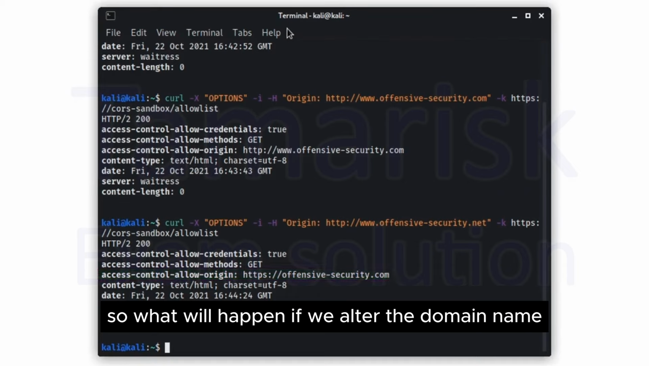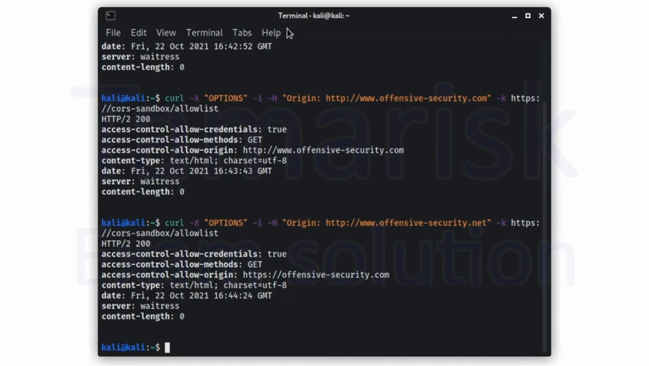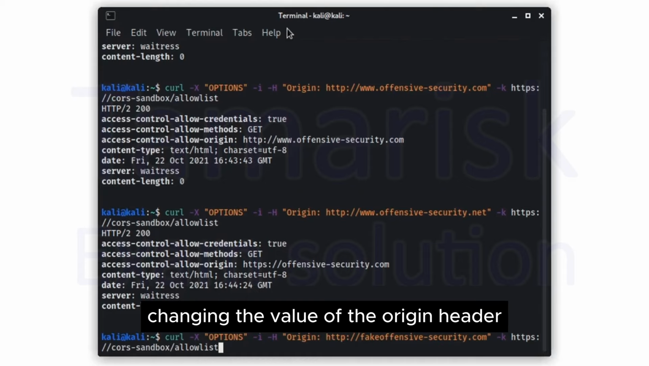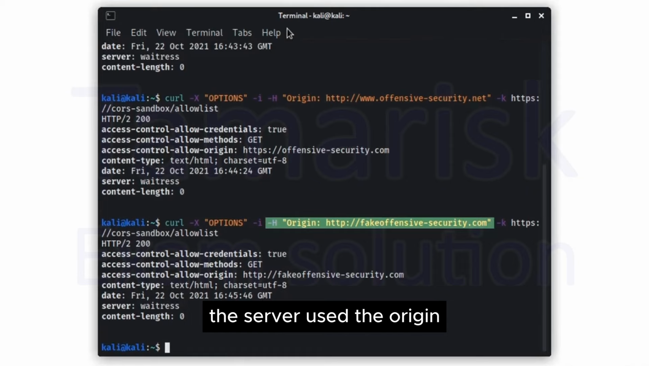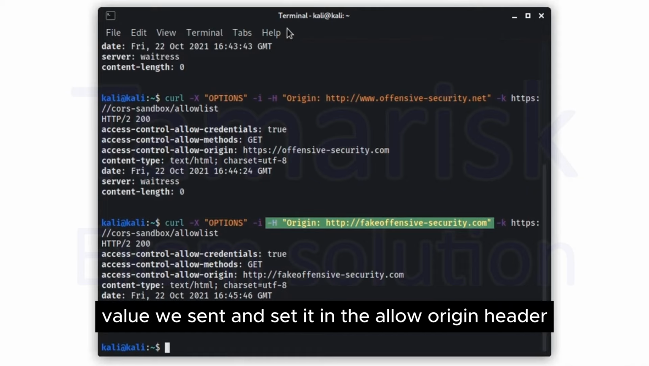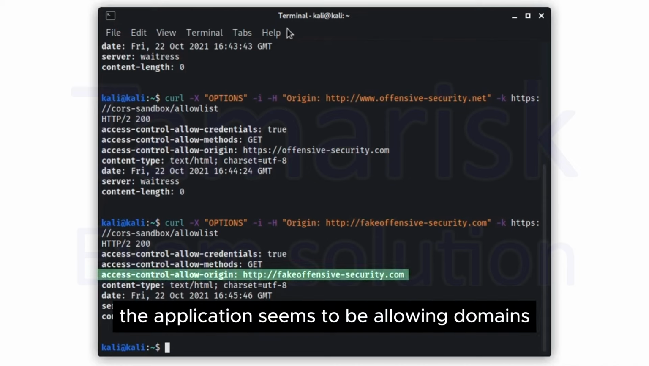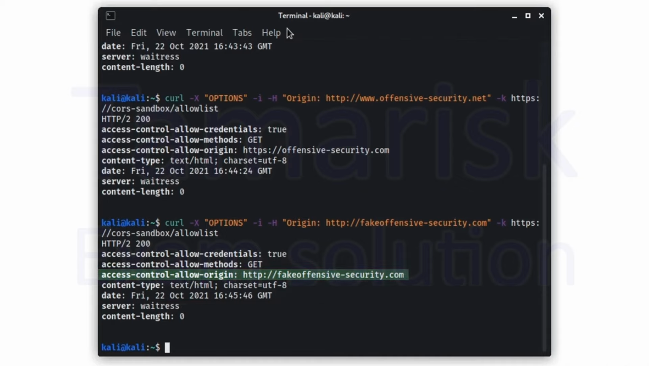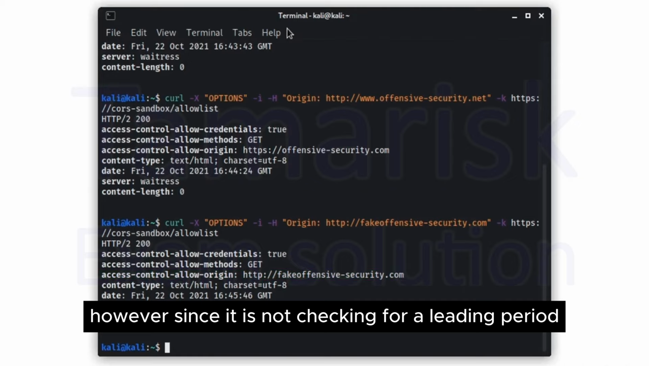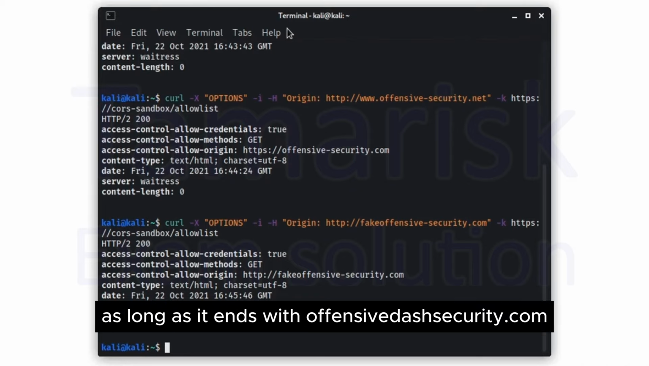What will happen if we alter the domain name by prepending something to change the domain name? Let's use curl again, changing the value of the origin header. The server used the origin value we sent and set it in the allow origin header. The application seems to be allowing domains that end with offensive-security.com, perhaps to allow for various subdomains. However, since it is not checking for a leading period, we can alter the domain name to something entirely different as long as it ends with